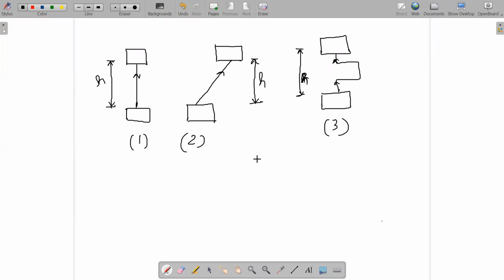What happens here is that there are three cases and all three are achieving the same height, right? All three are moving against gravity with the same height difference, but they are taking different paths. The first one is taking the shortest path, where let us say the distance covered is d1. The second one is taking a long path, the distance covered is d2. And the third one is a bit of a complex structure, let us say the distance covered is d3.